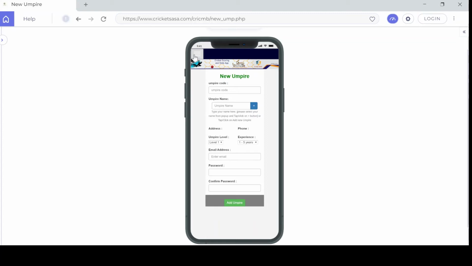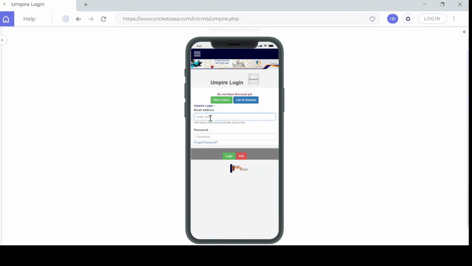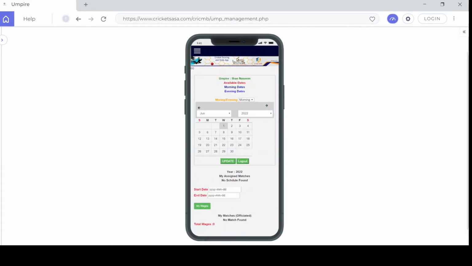So in order to set your availability, first you have to log in. What we will do is tap on the main menu and go into the umpire option. Now, because we have registered ourselves as an umpire, after entering your email ID and password, you will see the main screen, which is basically the main control panel for an umpire, where he or she can set the availability